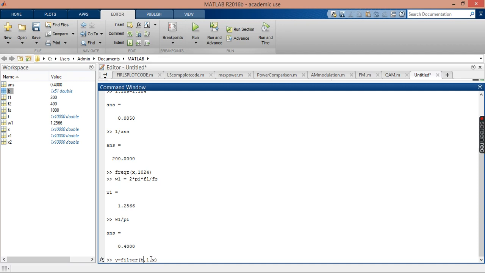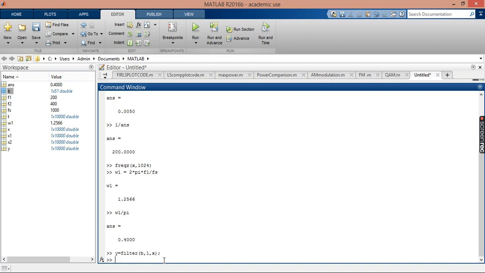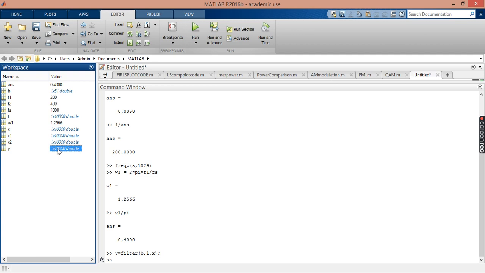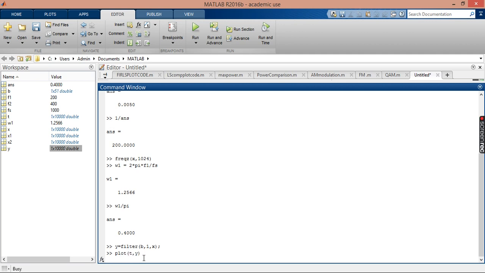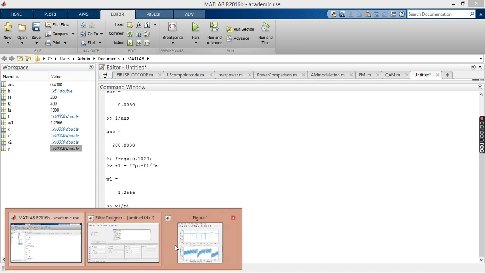In other words, this is also the convolution of the signal X with the filter coefficients B. Okay, so let's use this to create a new sequence Y, which is of the same length as X, and if you are going to plot Y with respect to T, you will see that I don't have the two